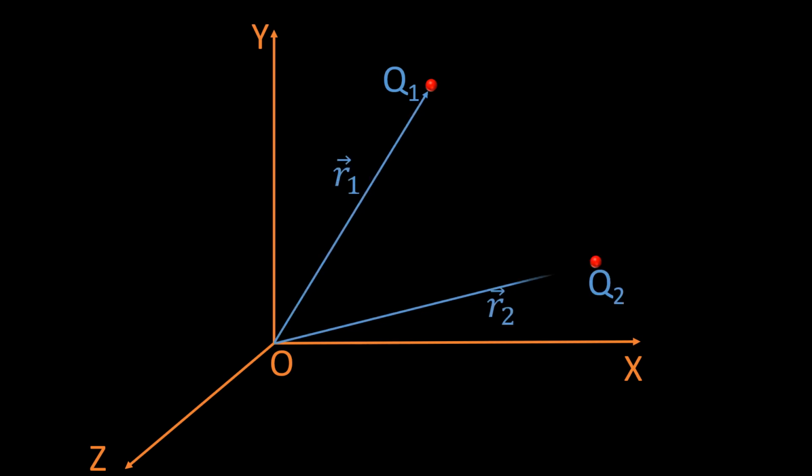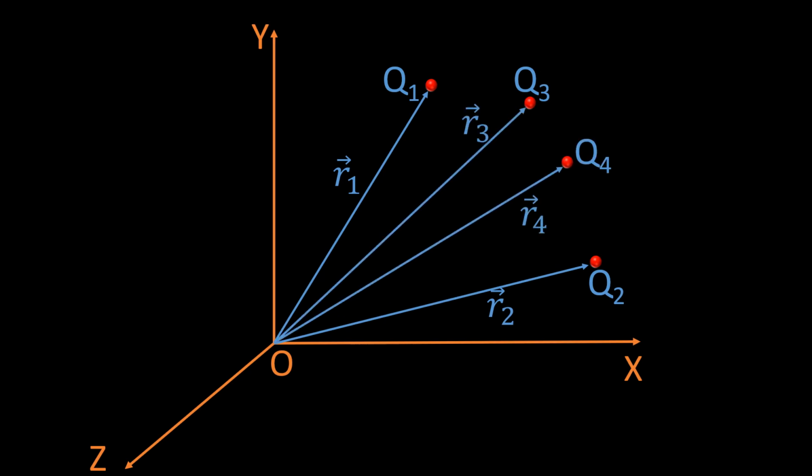Now, if we consider a Cartesian coordinate system, and if we consider charges q1 at position vector r1, q2 at r2, q3 at r3, and q4 at r4. Now we have a system of 4 charges, and I want to find out the potential energy of this system. All the 4 will have some attraction or repulsion between them, and wherever you have force, you have potential energy. So, given a choice, these charges will not stay at the points where they are shown.